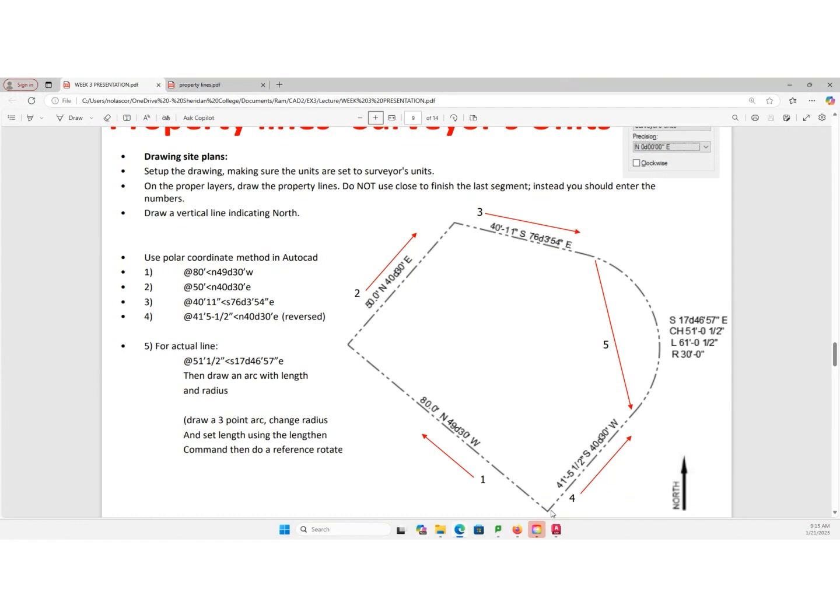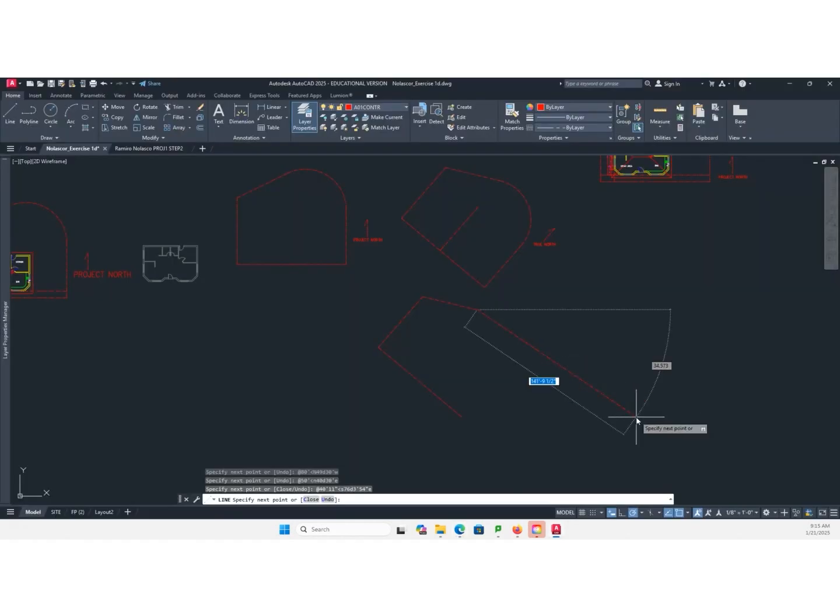You want to begin here, going in this direction. So you stop, hit enter to end the line command, enter again to restart the last command, which was line. And then you start here.